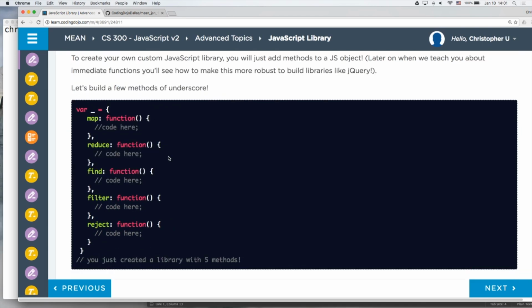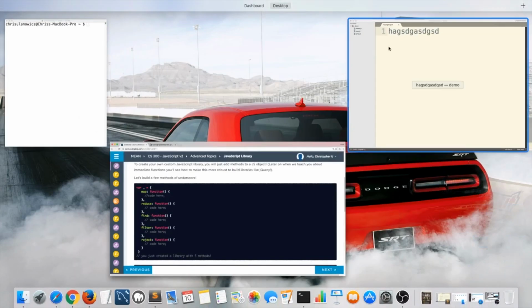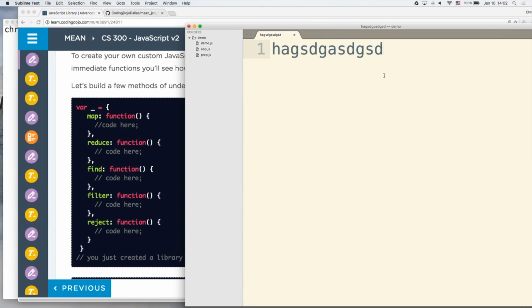The way we're going to create the library is we're basically going to create an object, kind of like what we did yesterday, and it's literally called an underscore, like the underscore key, which is why they call it underscore.js. And what this underscore object is going to contain is just a bunch of different functions that we can call on. So let me go ahead and write out this part since we know we're going to need it. So var underscore,